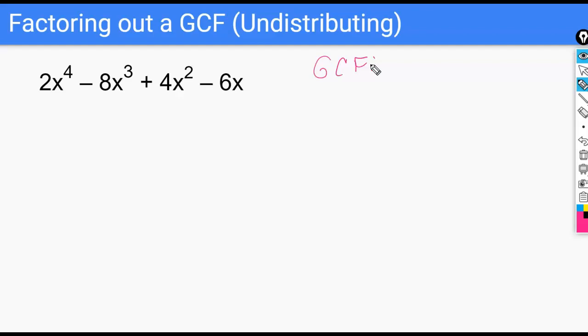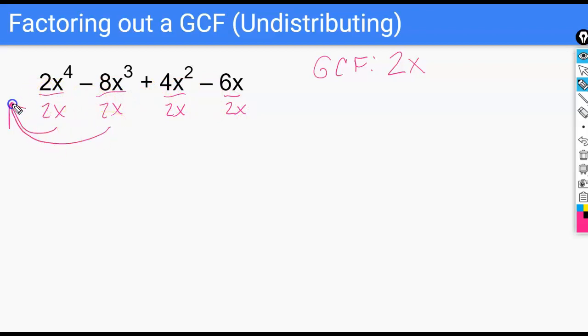Finding numbers that multiply and add and all of our factoring tricks are much easier to do when we're dealing with small numbers, ones that don't have a lot of different factors. So finding greatest common factor also makes your work a lot easier. So looking at all of these, they're all even numbers. So they definitely all have a 2 in common. It does look like they all have an x in common, and the lowest exponent on x is 1. So that means that our GCF is going to be 2x, and we want to move that 2x